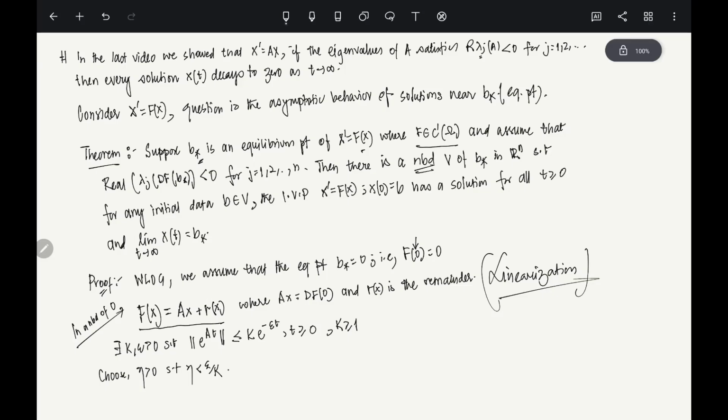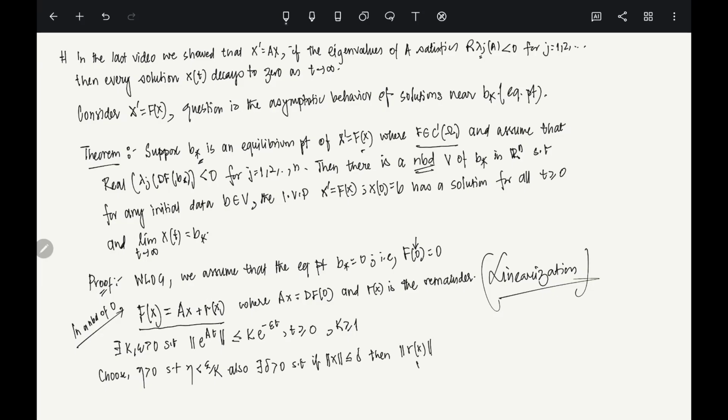So you see that r is there, right? Yes. And what is the property of r? That there exists delta positive, such that if norm of x is less than or equal to delta, then norm of r(x),